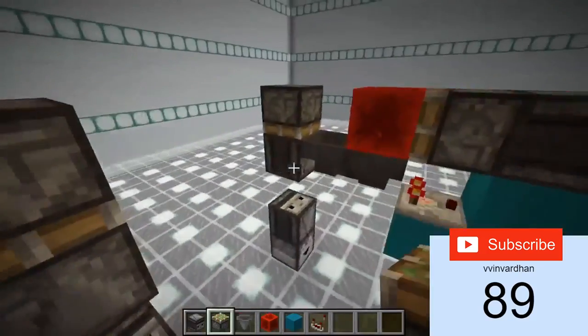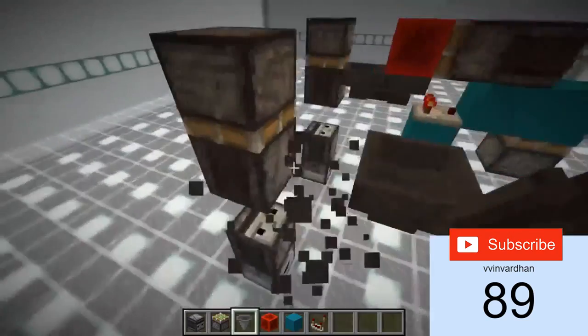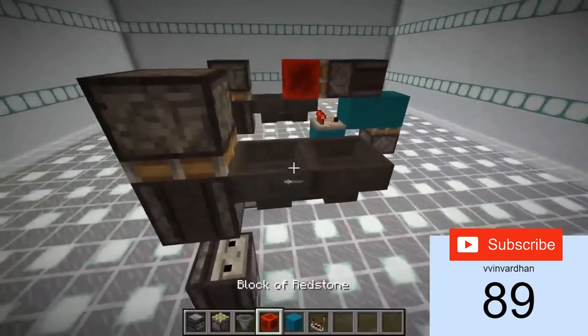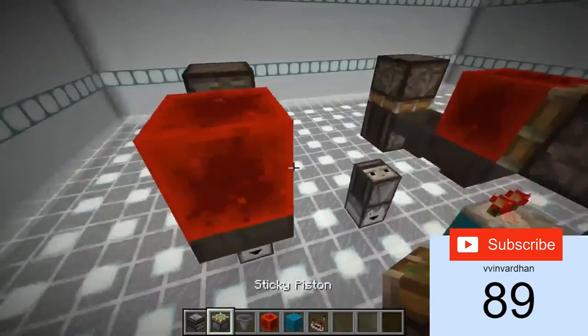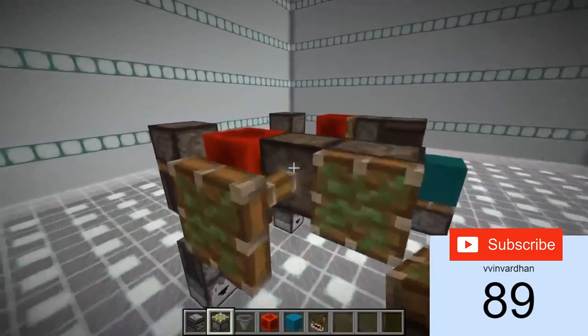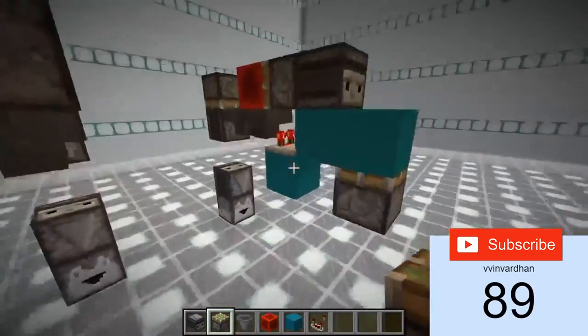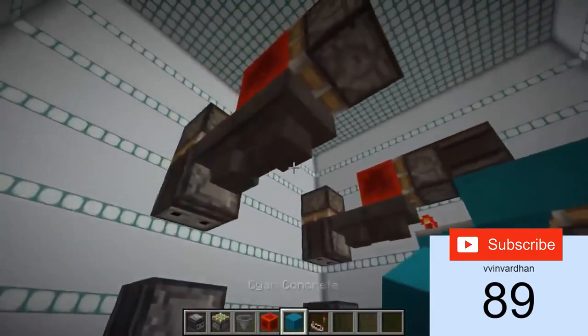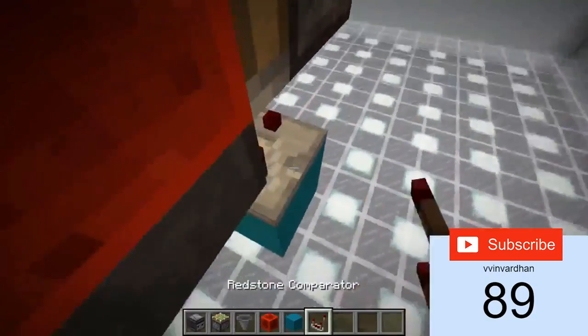And then you take 2 hoppers and put them on the level of the observer, going into each other, and then you put a redstone block on the one on the right side, and then you take your piston and put it going into the back side of the redstone block, like this. Then you take some blocks and put them just below the level of the hoppers, and then you put a comparator going out from the hopper